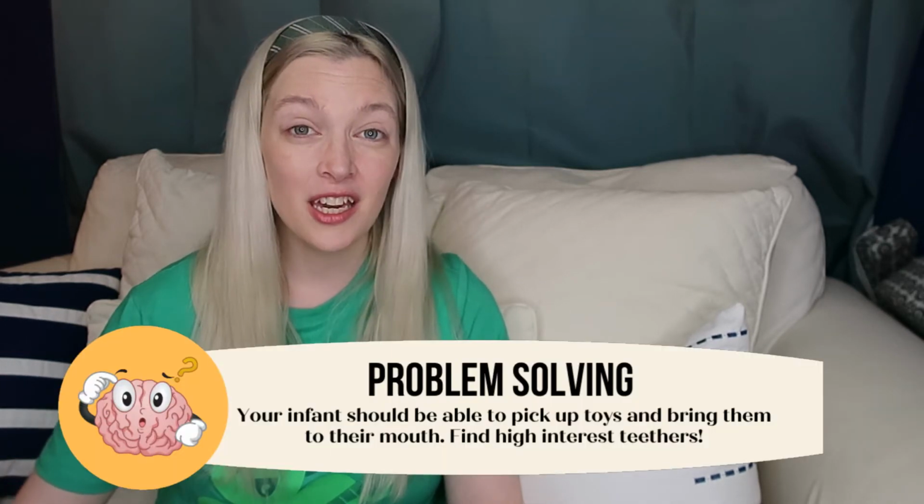This one is a pretty fun one to practice, and I find that it kind of organically happens as you hand your child toys. Inevitably, at 5 months old, they drop a lot of toys. The other skill that you're going to be working on under problem solving is picking up a toy and bringing